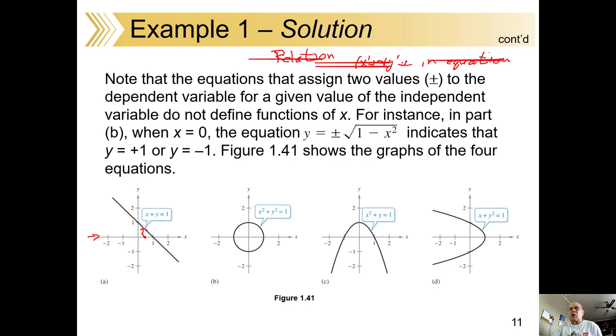So in this case, no matter where you go along here, if I stop here, for example, go toward my curve, there's only one y value. If I go over here, this x value has only one y value. This one is a function, and if you go by what I showed you earlier, you can change this into y equals an expression, and you're fine. So it's a function. Second one,